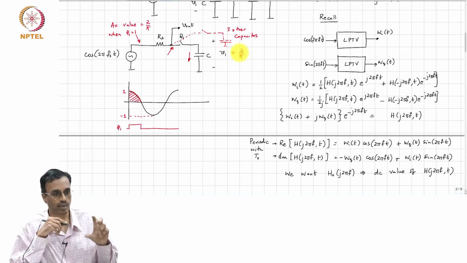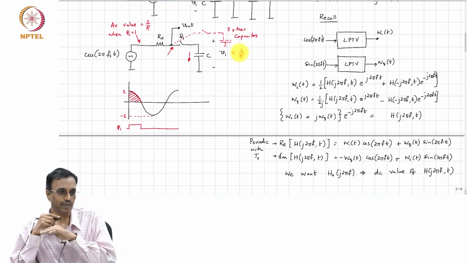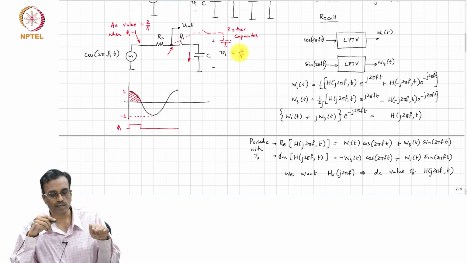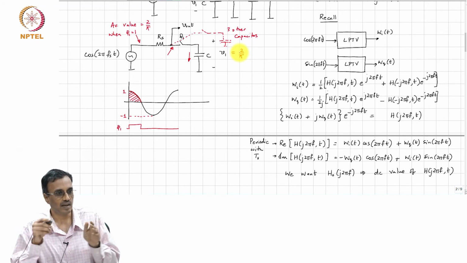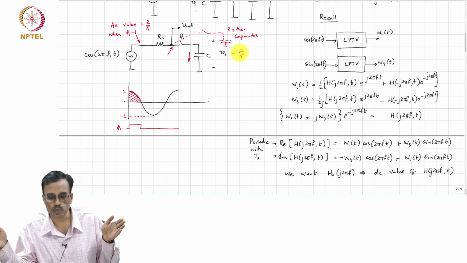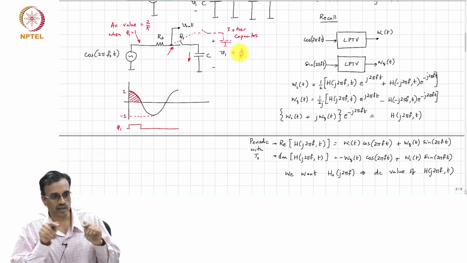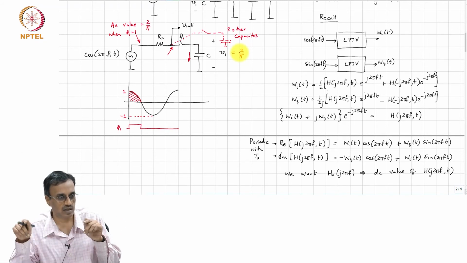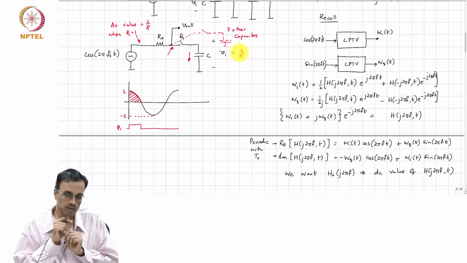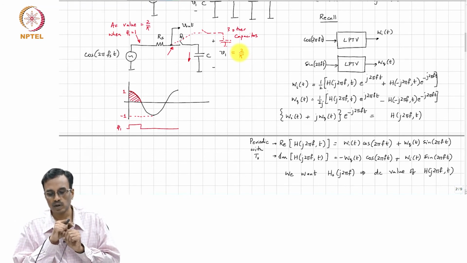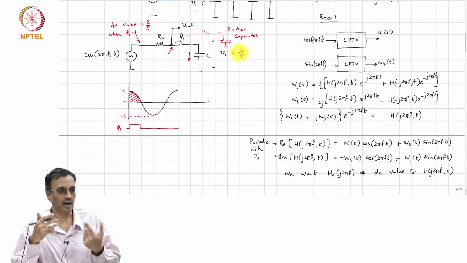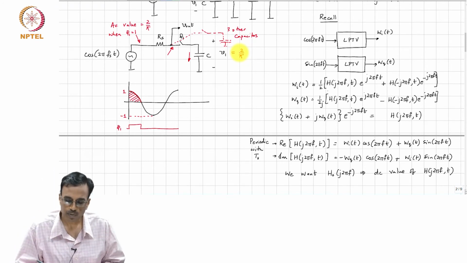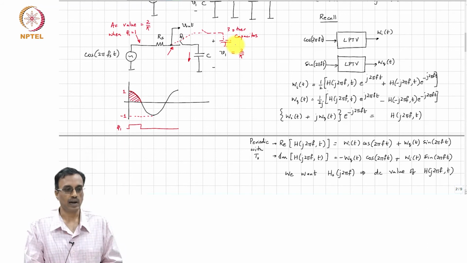So, the voltage across the capacitor is roughly constant. Why do we say it is roughly constant? Because we have assumed that Rs times C is much larger than the on period of the switch. So, the voltage across the capacitor in steady state does not change very much during that small duration, okay. And therefore, since the average current through the capacitor must be 0, it must follow that V1 on average must be 2 by pi, correct.